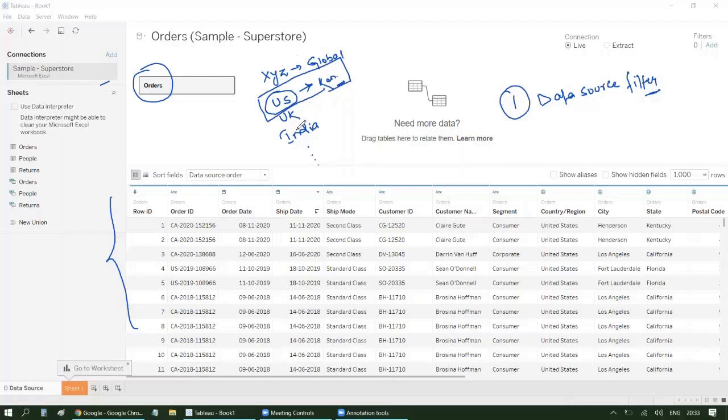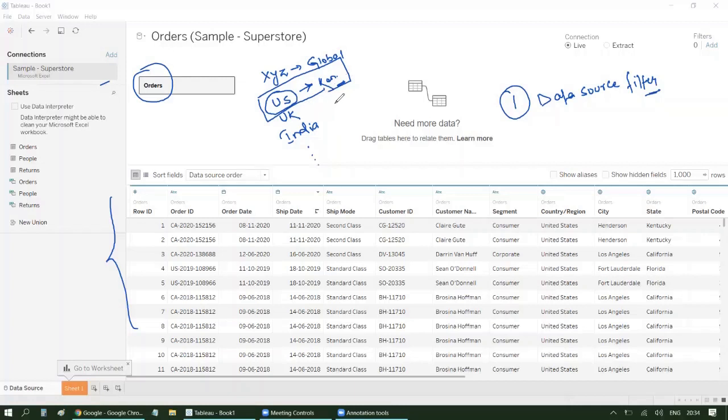So what you can do is use a data source filter and filter the entire data set for only this combination. This way, only some limited portion of data will be flowing, and your speed will be optimized. Your operation will be faster than what it used to be when you would have connected the entire data set. And this is where a data source filter will be helpful to you.